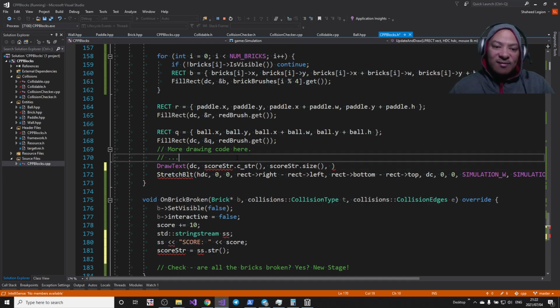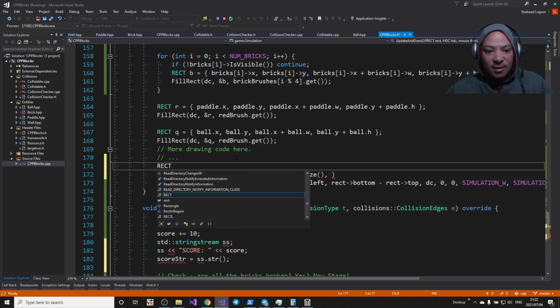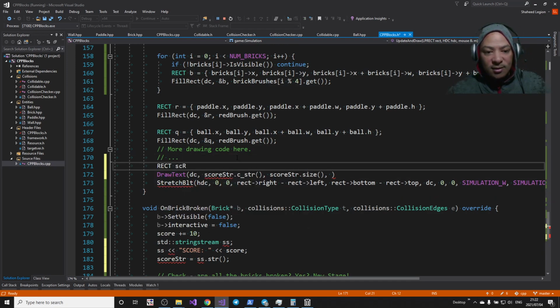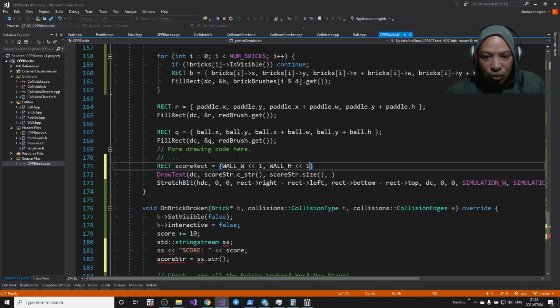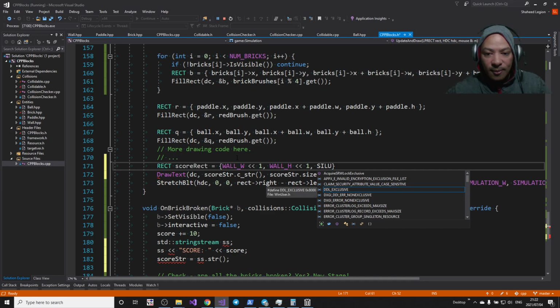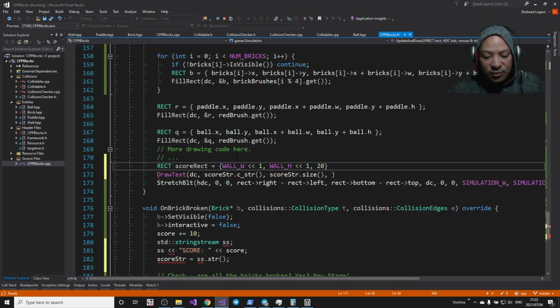I should probably just define a rectangle here. Rect sc score equals, I'm just going to do it on the top left of the screen somewhere, so I'll do wall width times 2, wall height times 2, width. It's just going to be, let's just make it like 200, height